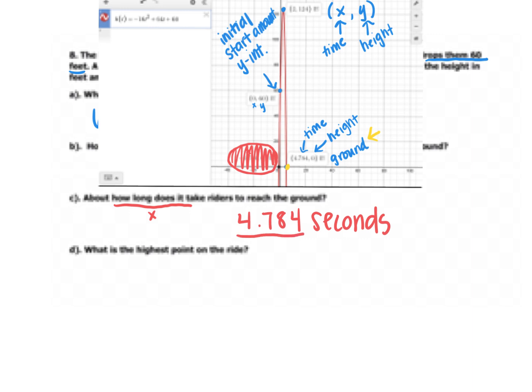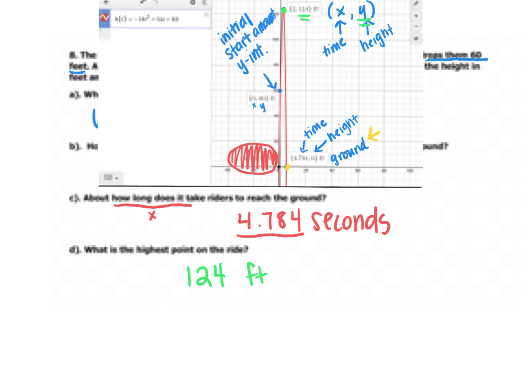Which really, we're just looking for that number. And then the next question is, what is the height? What is the highest point on the ride? Well, we know our highest point is up here at our maximum, and we're looking for our y value. So our y value here is 124. So our highest point is 124